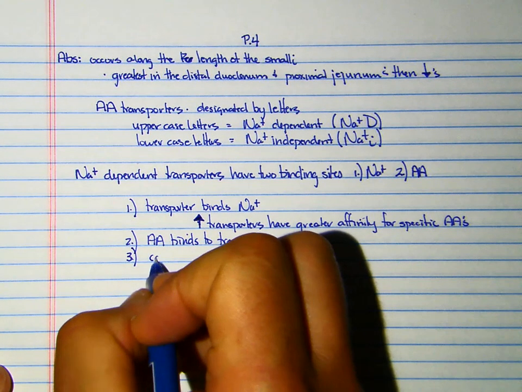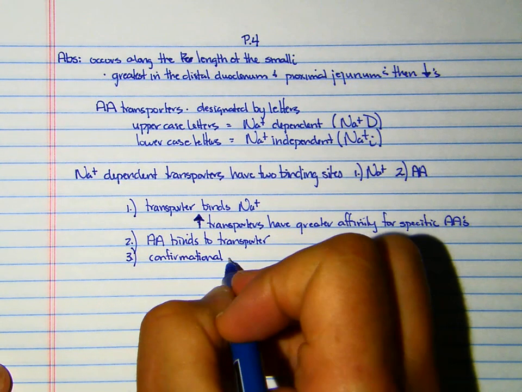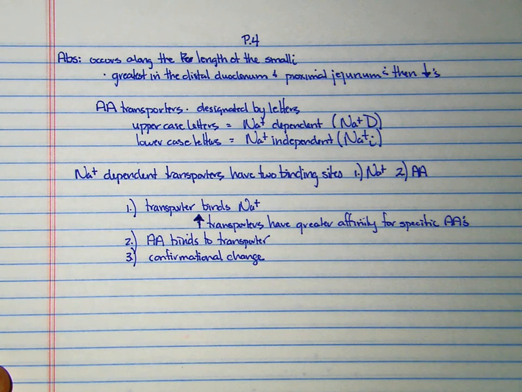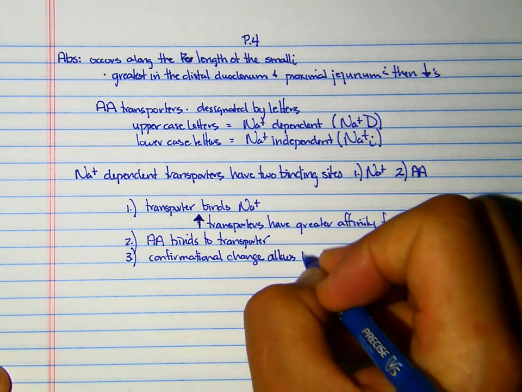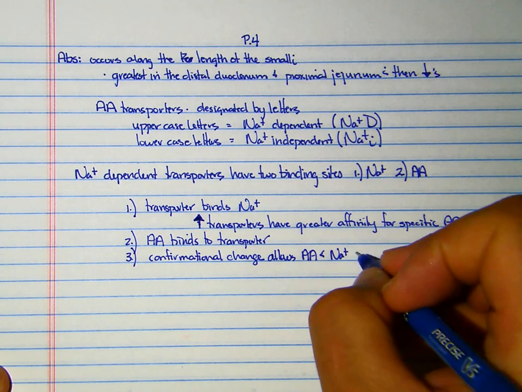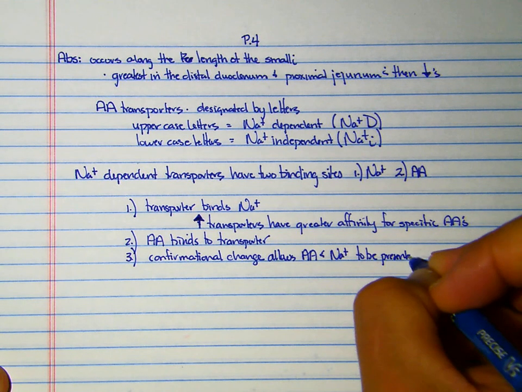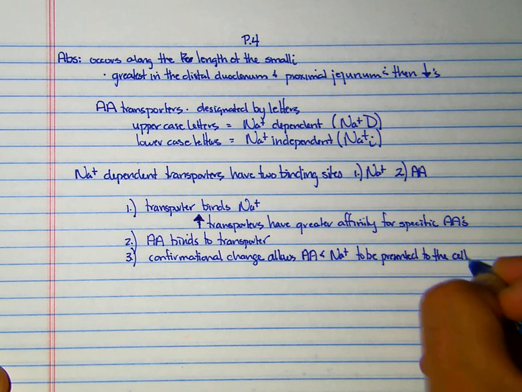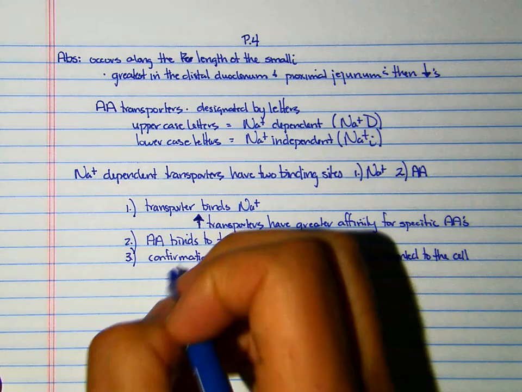We end up with a conformational change, and the conformational change allows the amino acid and the Na+ to be presented to the cell, and they're then released